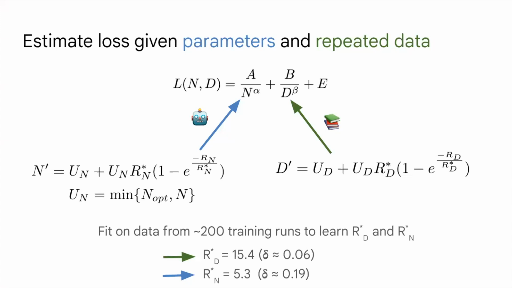It comes back to this N_opt number of parameters. Given Chinchilla, you have some number of parameters that are optimal for the unique data. If you have more than optimal, then you have to decay them in value because they're going to learn the same features as those optimal parameters. If you're just at N_opt, we assume that they learn just the right features. But if you go beyond, they will end up learning the same features. It's just like repeating data, and they will not be as valuable as previous parameters.